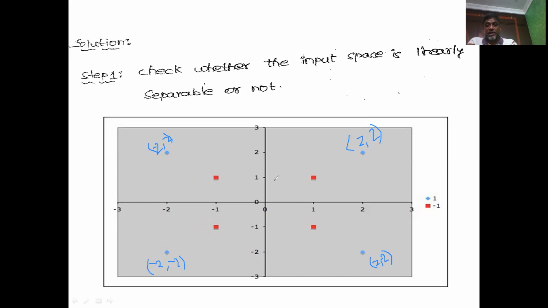Similarly, there are 4 negative labels given. So this point is going to be 1 comma 1. This is a negative label. Okay. And this point is 1 comma -1. So this is also a negative label. And 2 more are there. This point is -1 comma -1, represents a negative label.